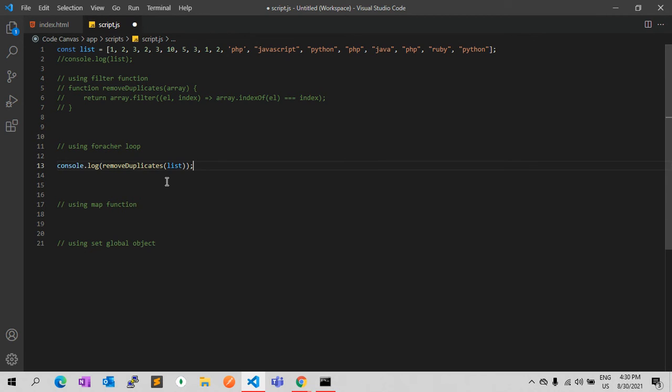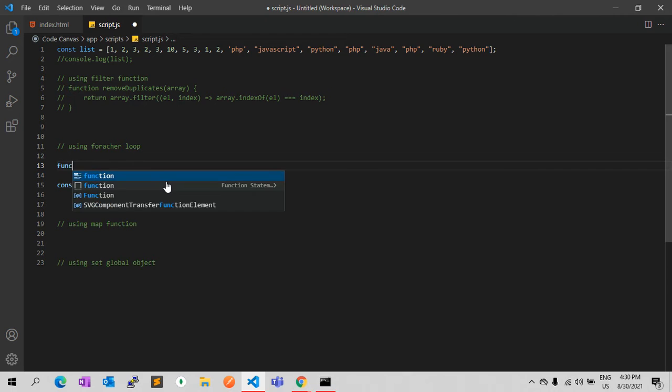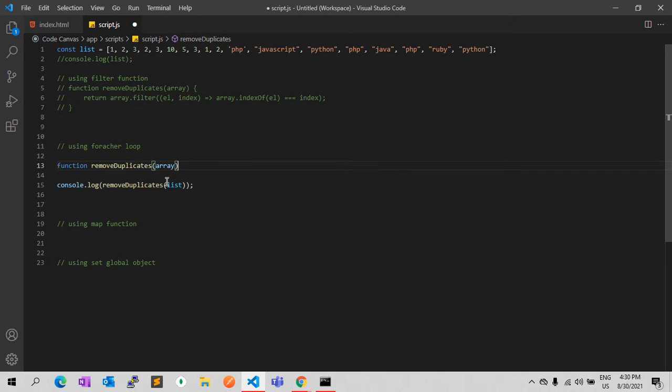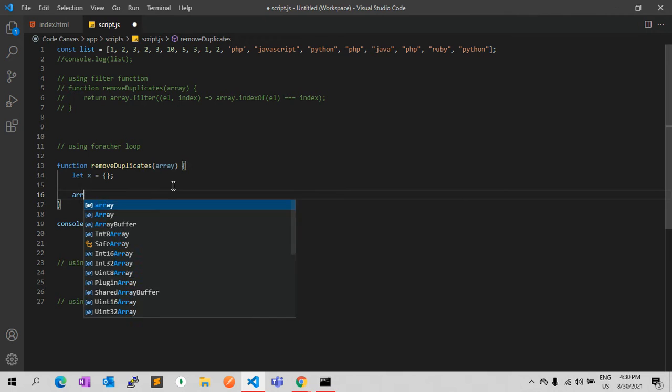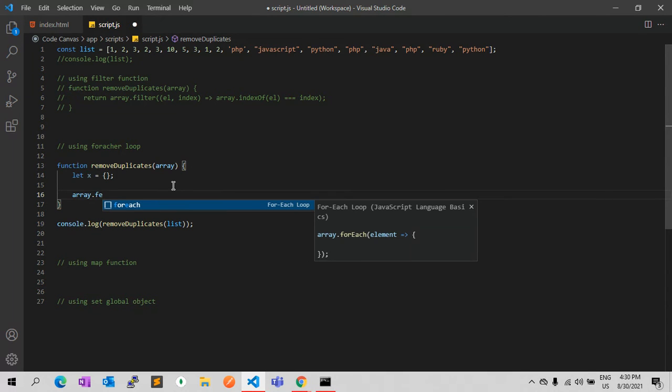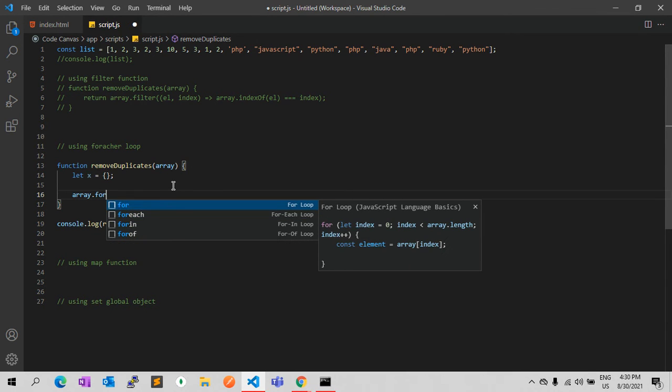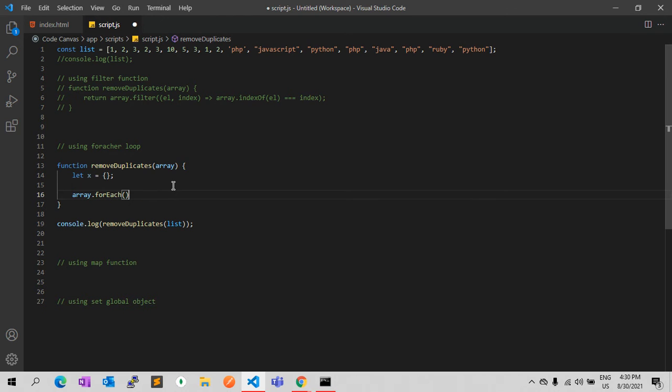The second one is using forEach loop. I will create a function with the same name. You can give whatever name you want. Here we can declare one object called x, and array.forEach will iterate all the elements from an array.